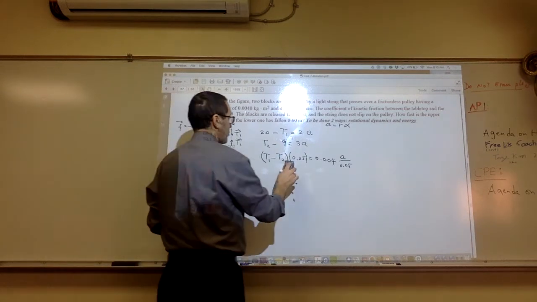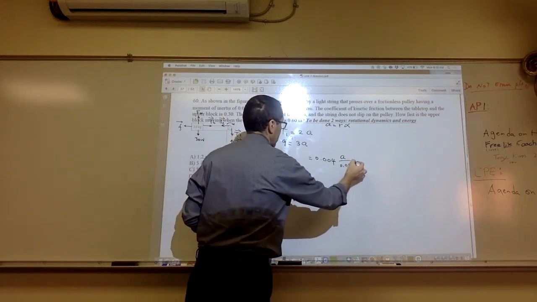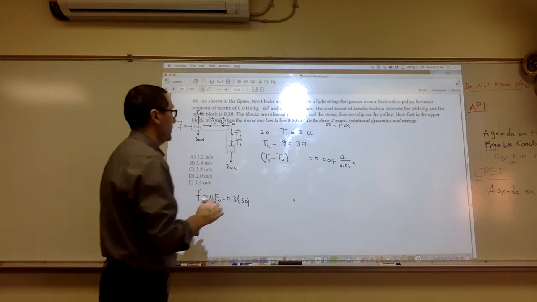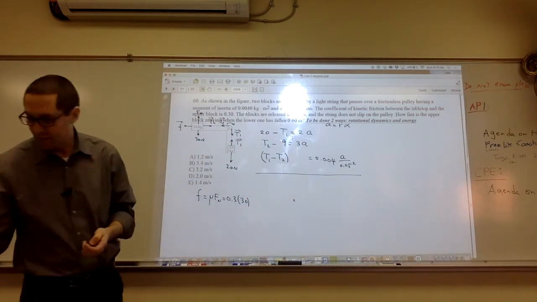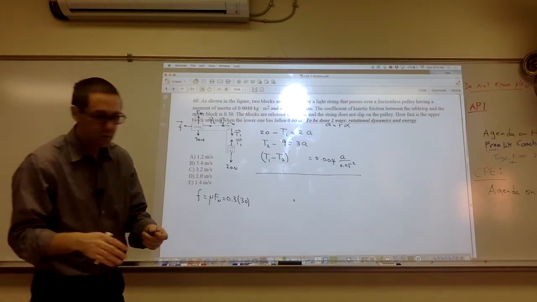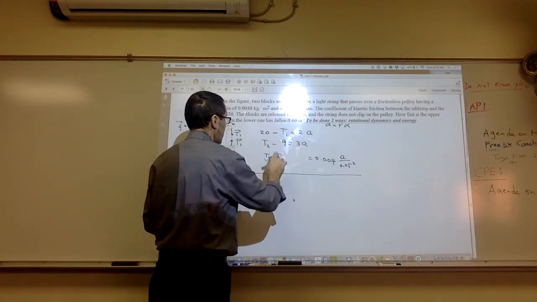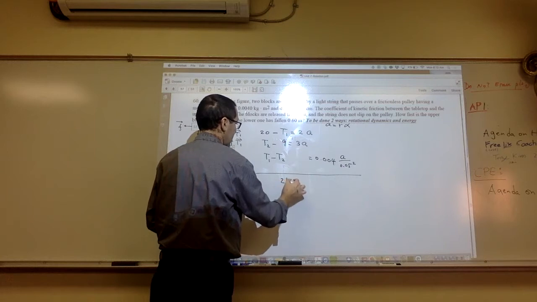Now, if I take this 0.05, I can move it down here, right? I think I could do that. And if I just add all these 3 equations, in my answer key, I didn't do it that way, I did it with substitutions, but I think this is easier. So if I just add, the T1 and T2 are gone, so I'm gonna end up with 20 minus 9, which is 21, equals,